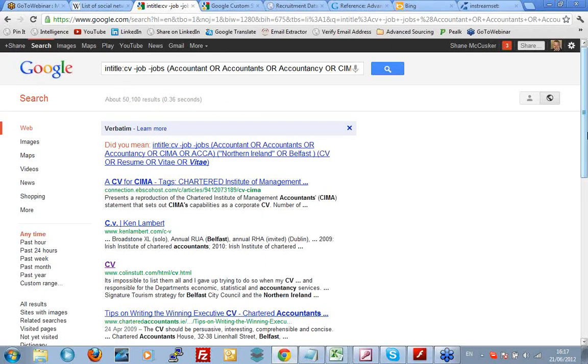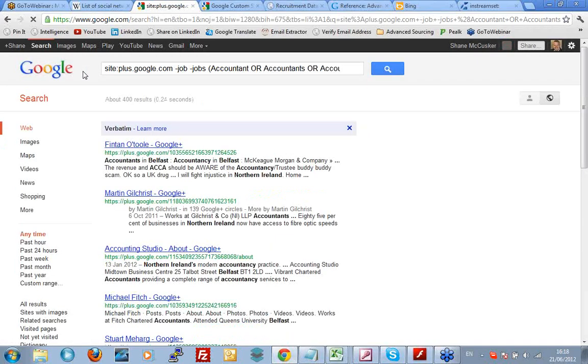There's all sorts of interesting things you can do with these different operators to see where we go with it. A couple of other operators. One of the things that I really like, which is really useful, I'm just going to remove this CV resume stuff because I don't think I need it anymore. I'm just going to go looking for people who are accountants or accountancy in Belfast. And what I'm going to do is use a specific website to go looking. I'm going to say site colon, another Google operator, I'm going to look at plus.google.com. What I'm looking for is Google Plus accounts of people who are accountants or accountancy or whatever it is,